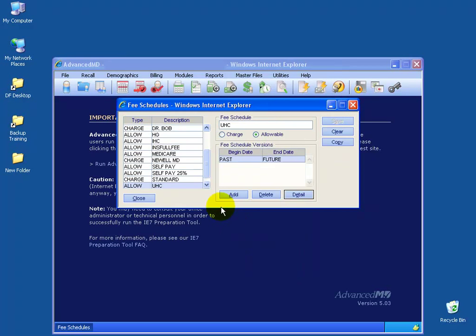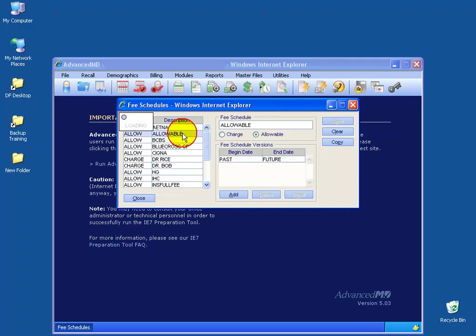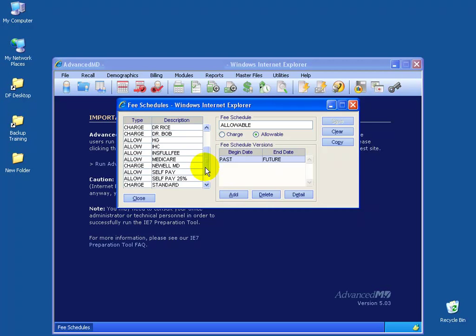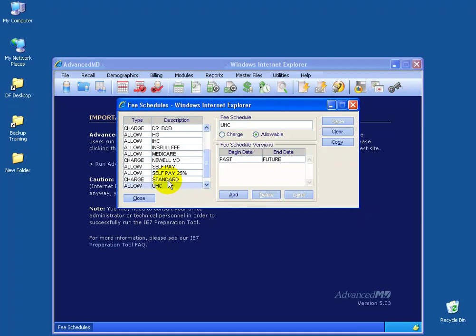So to reemphasize real quick, again, never ever put anything in the allowable template here, but always make a copy of it to assign a new allowed amount for your insurance carriers, like we said, Blue Cross, Blue Shield, Medicare, and so on. Also, another cool thing is once you create your allowed amount for, let's say, United Healthcare here, you